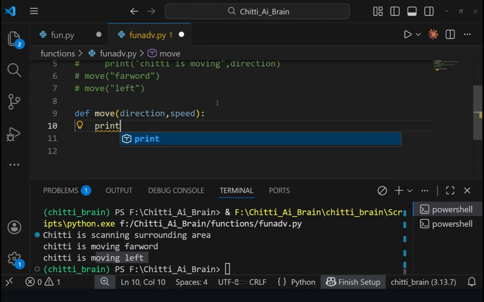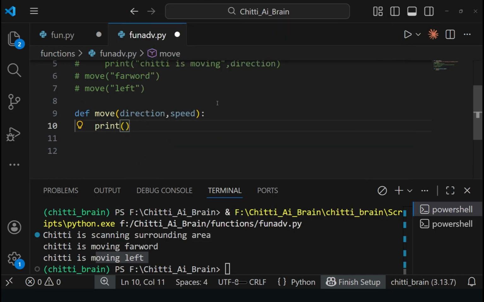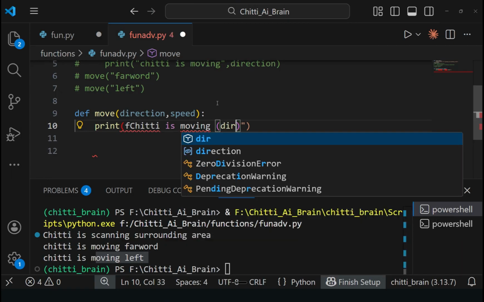While giving the print you have to format it to give two parameters, not variables, parameters you can call. Chitti is moving in some direction, any direction.